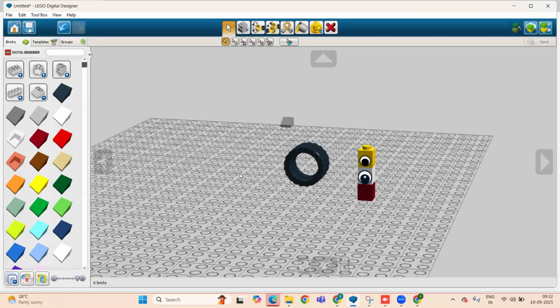So what is the use behind this? Why are we using a single selection or a multiple brick selection? Because it helps in moving or editing specific parts of your model. This is the main key advantage of this selection tool. We also have another selection tool, which is the multiple selection tool.